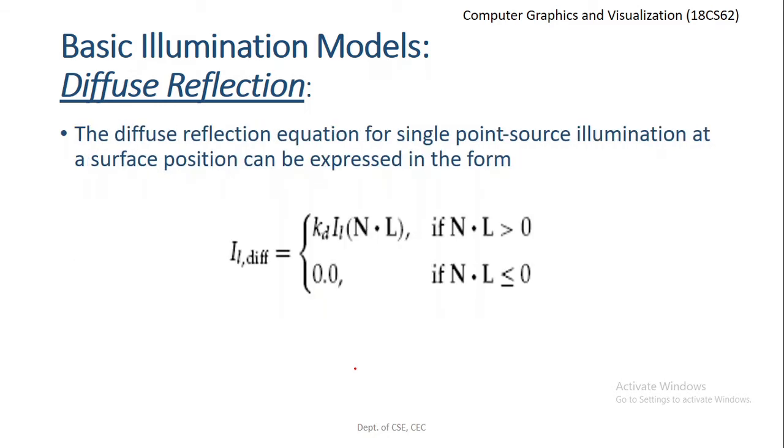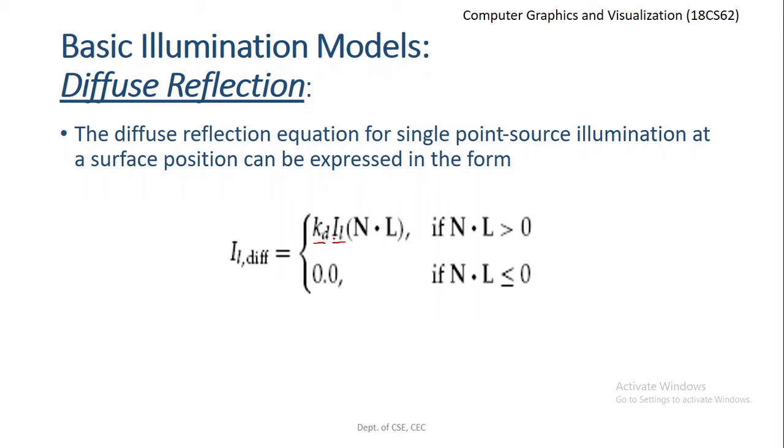Now the diffuse reflection equation for a single point source illumination at a surface position can be expressed in this particular form. The diffuse reflection equation for a point source with the intensity IL can be given as the diffuse reflection coefficient KD times the intensity of the light source, IL, times cos theta. We can represent that as the dot product of the vector L and vector n, right? So the intensity of the diffuse reflection for a single point source illumination at a surface position can be expressed as the diffuse reflection coefficient KD